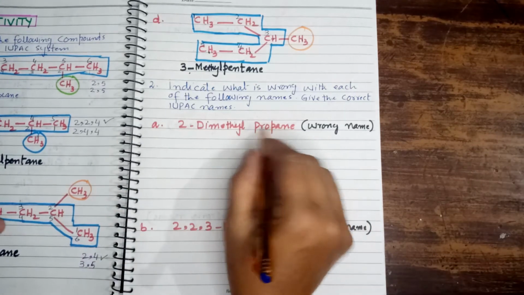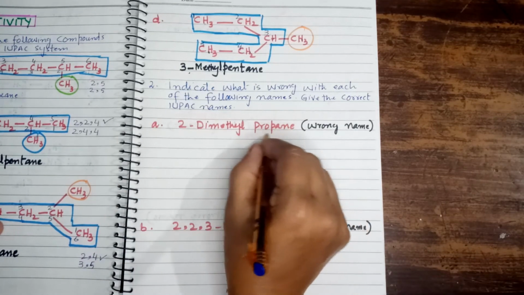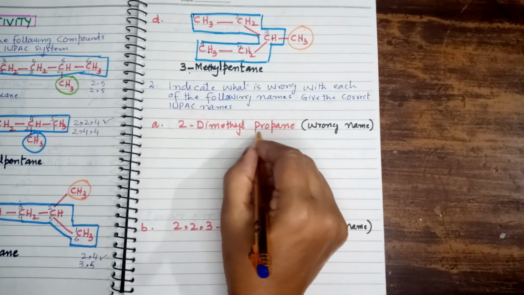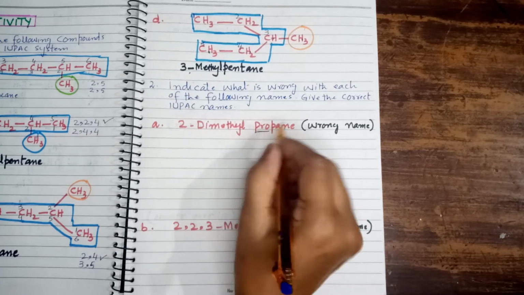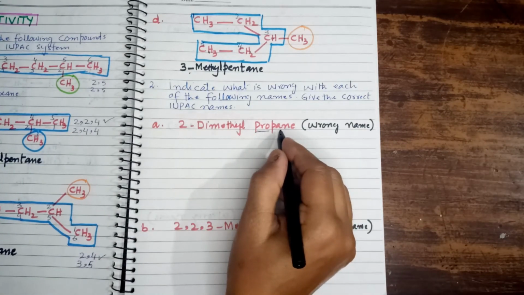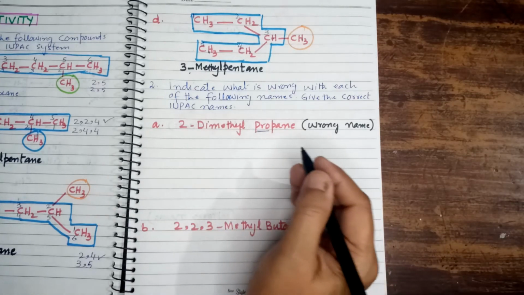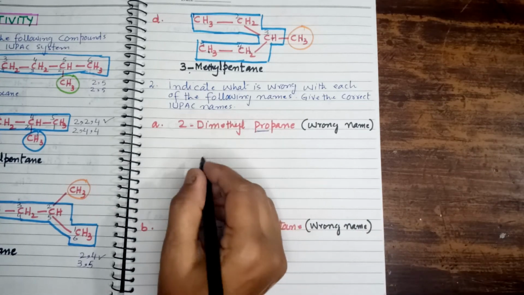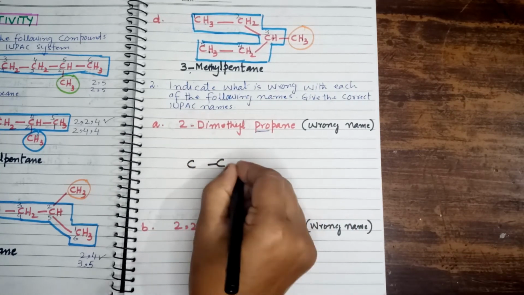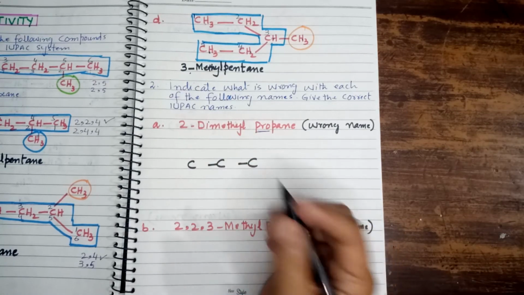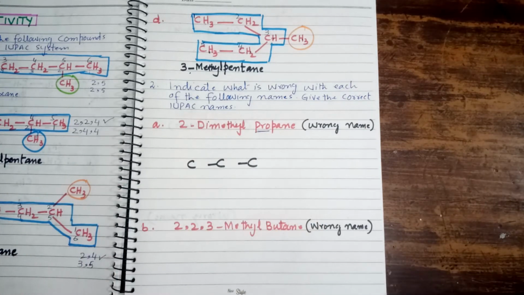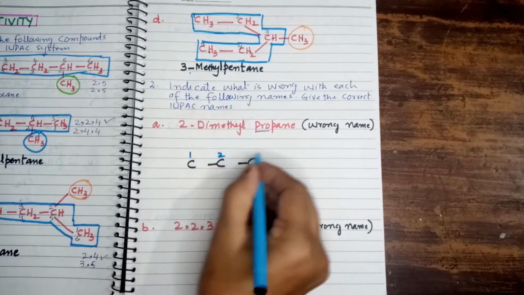First of all, we will see the last part, that is the parent chain. Always the name of the parent chain is the last part of the name, right? What is the name of the parent chain here? Prop, right? So propane. Prop shows how many carbons? 3 carbons, right? So first of all, we will make the skeleton consisting of 3 carbon atoms, like this, 1, 2, 3. We made 3 carbon atoms, right? Do the numbering either way, from left side or from right side. 1, 2, 3.